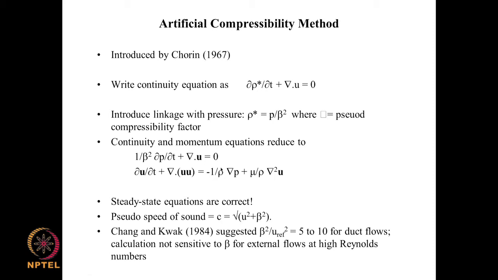So, we will be able to say that the steady state solution must be the steady state solution of the true Navier-Stokes equation for incompressible flow, although we have gotten to the steady state using methods which are not fully correct. So, the transient solution that we are getting here is not dependable, it is not correct, but the steady state solution is correct.